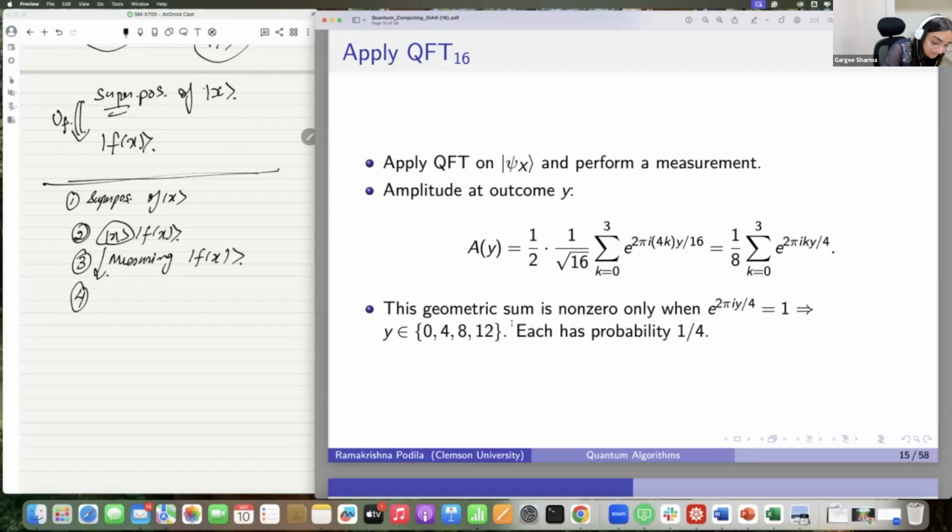And then what I do is I apply quantum Fourier transform on x. Then I measure x. Okay. And from here I can then back calculate the probability. Okay. So for example,